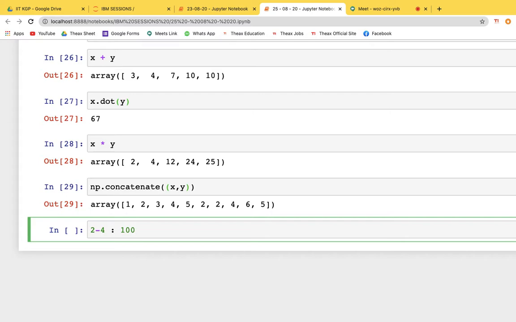Okay, so 2 to 4 is the range and you want to find some 100 numbers there. So what can we do? We can find it using the arithmetic progression, like you know the total number of outcomes, or you know the a, that is your